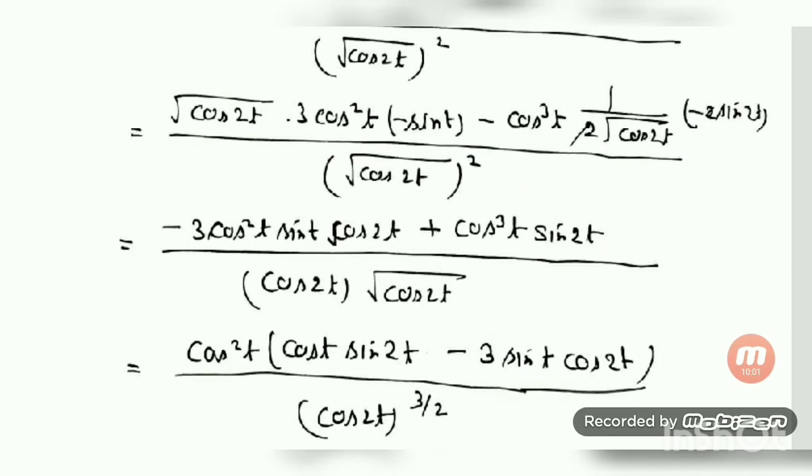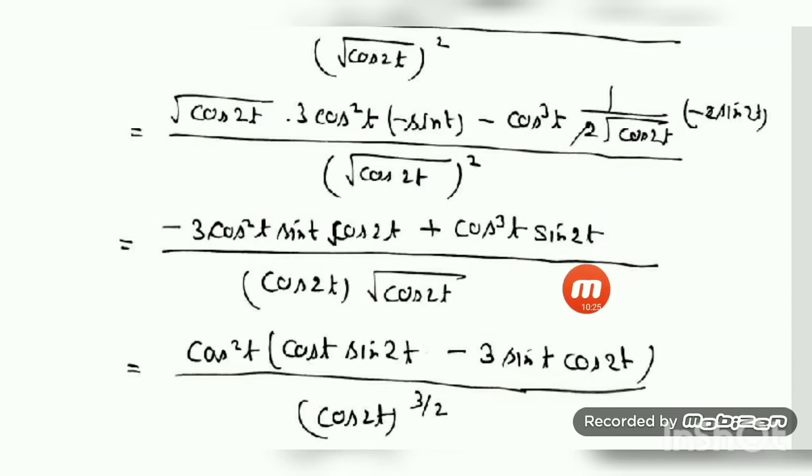After this, let us do the simplification as in the previous one. Here I am taking common 2 to cancel out, and cos of 2t as the LCM, the denominator you write down, this one is multiplied with cos of 2t. So the remaining term is minus 3 cos square t sin t into cos of 2t. This minus minus becomes plus cos cube t into sin of 2t. Here cos square t can be taken common. Here what is left? This one as a first term I have written just to make it positive.